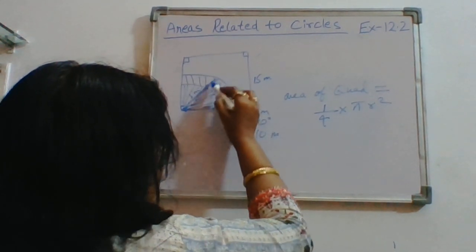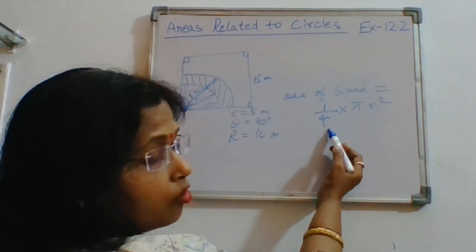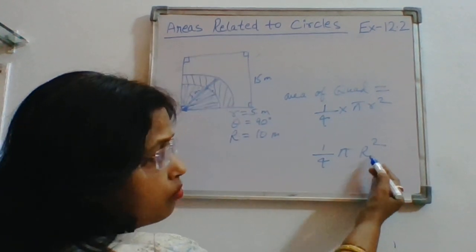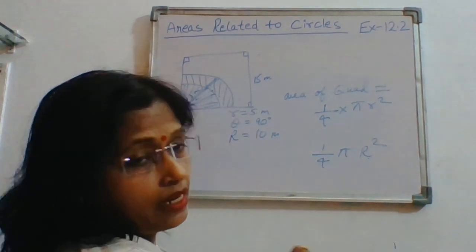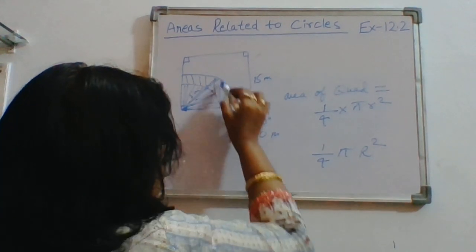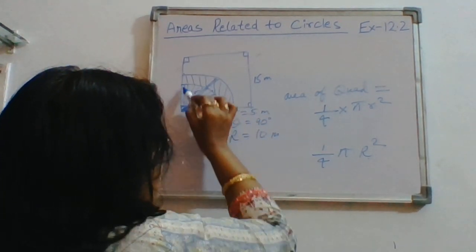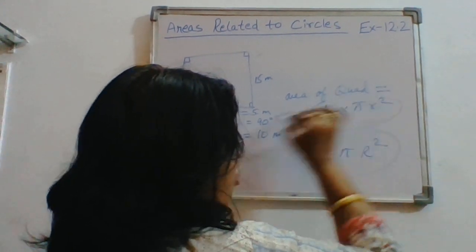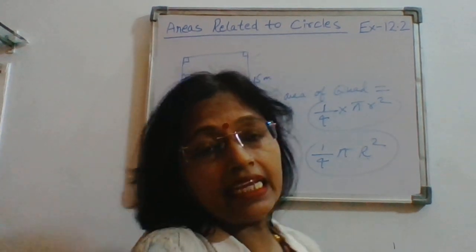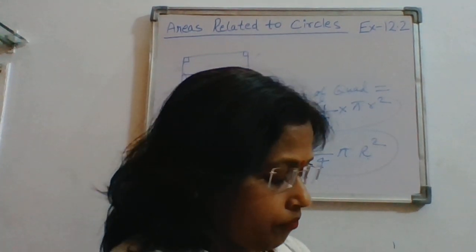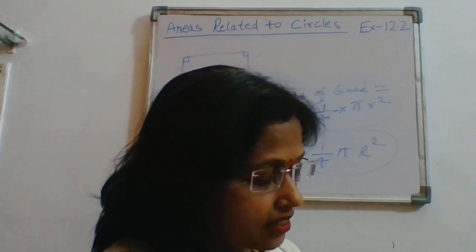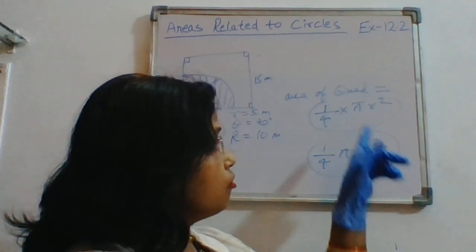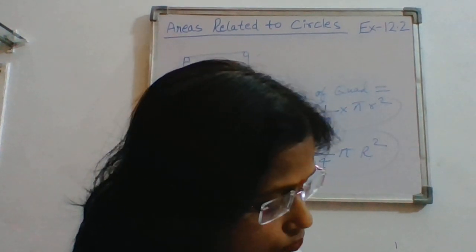So we can calculate the area of this bigger quadrant with the same formula 1 by 4 pi capital R square. Now capital R square, capital R will be your 10. Now increased area will be area of this bigger quadrant minus area of this smaller quadrant. So area of this bigger quadrant minus area of this smaller quadrant will be giving you the increased area. And in this question also, you have to consider pi as 3.14. So in place of pi, you will put the value 3.14.